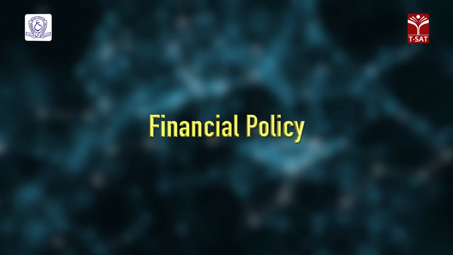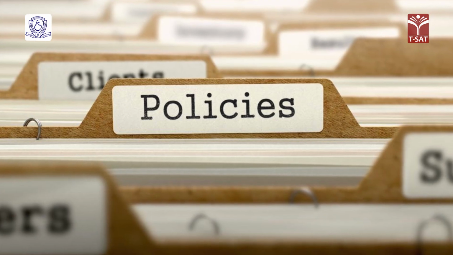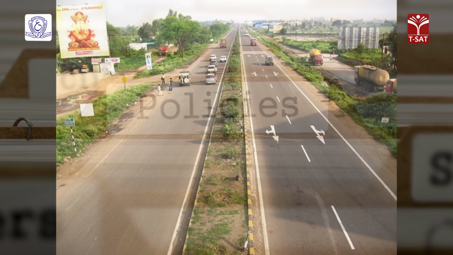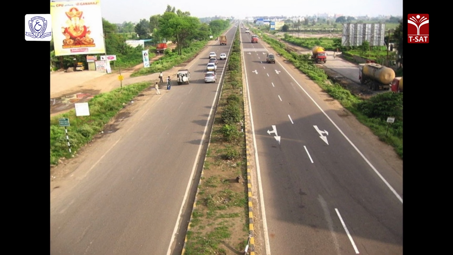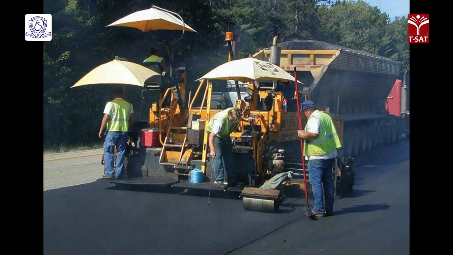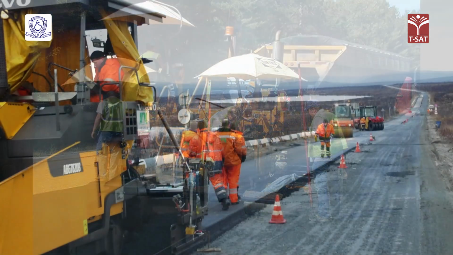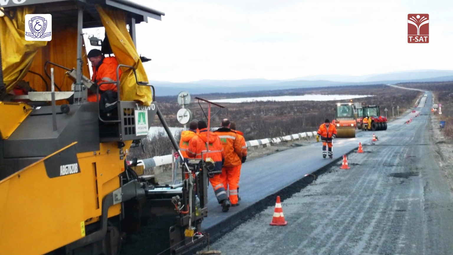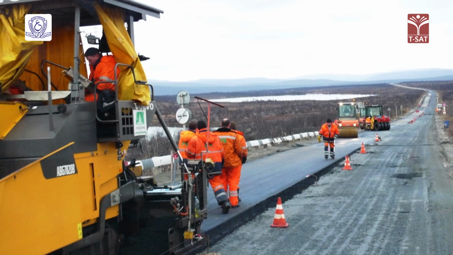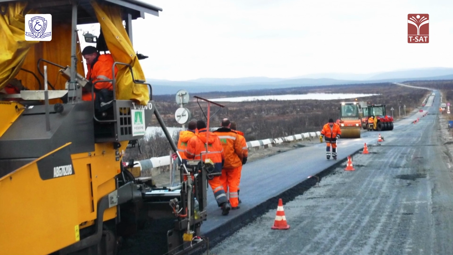The second one is financial policy. The government should design a definite financial policy for the improvement of the road sector. A sufficient amount of funds should be generated for the construction and maintenance of roads. A recent expert group estimate suggests creating a fund worth rupees 40,000 crore for the construction and maintenance of roads. Toll tax and special cess may be imposed for collecting necessary funds for the purpose. The budget of 1999-2000 proposed a rupees 1 per litre cess on diesel, which will raise nearly rupees 5,000 crore for